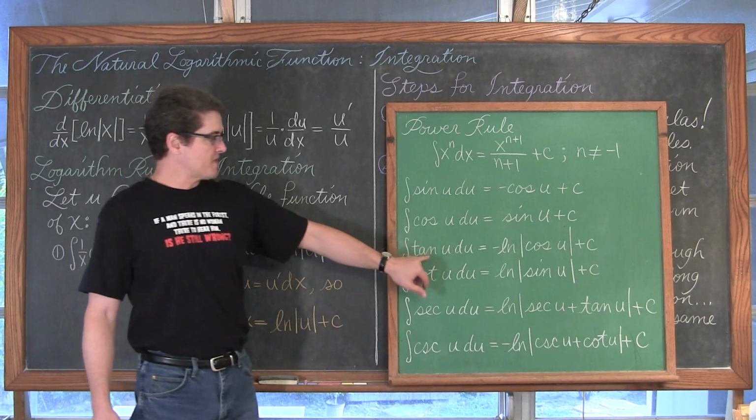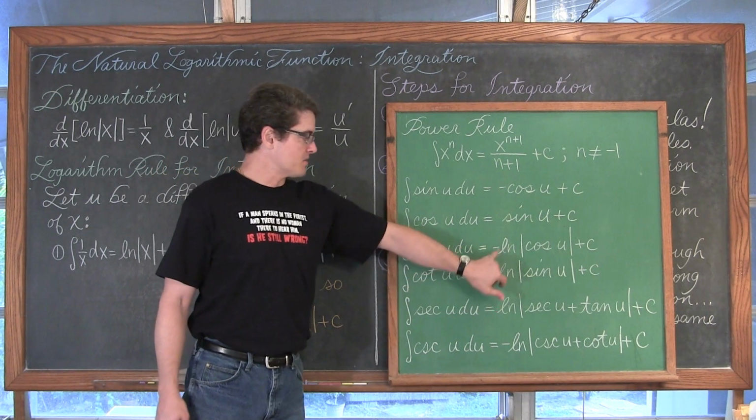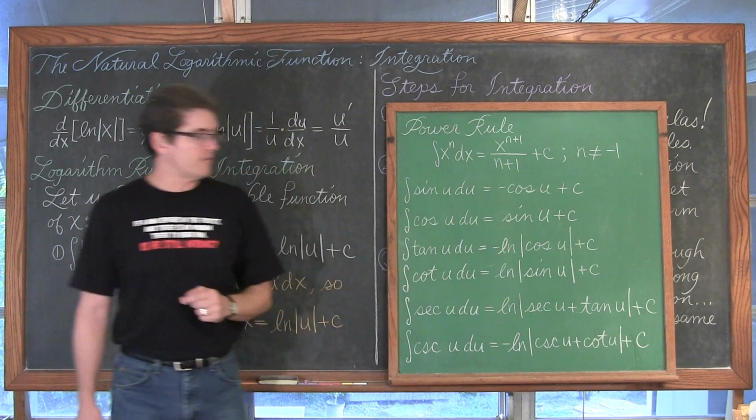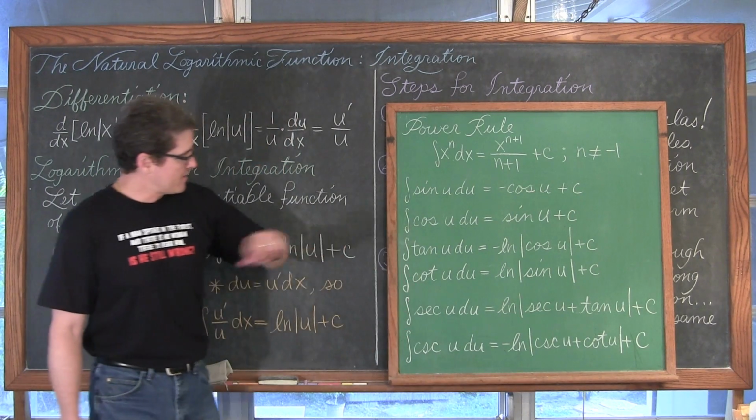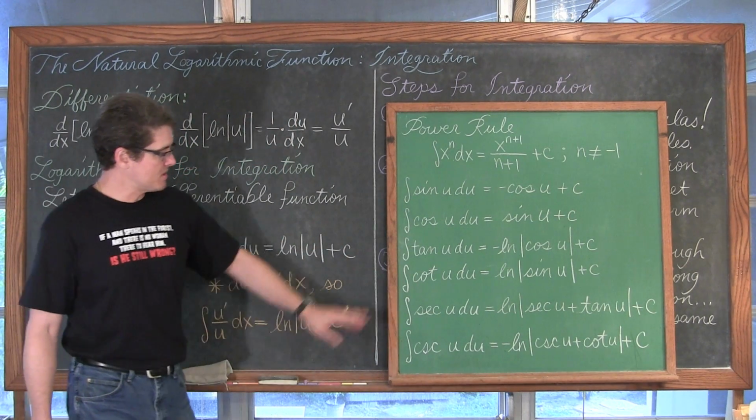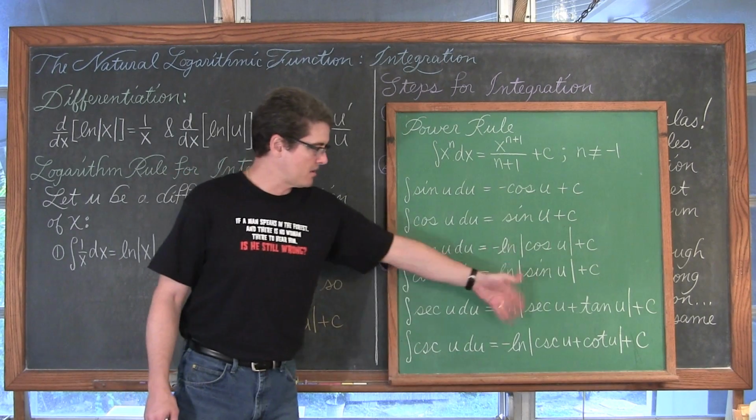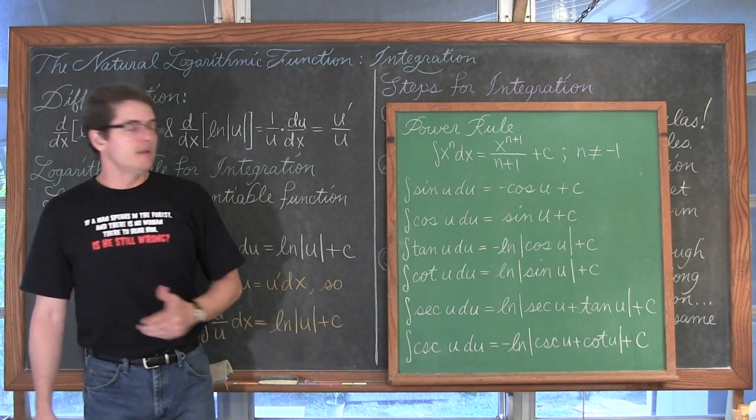The indefinite integral of tangent of u du is equal to negative natural log of the absolute value of cosine of u plus c. We have the indefinite integral for cotangent, secant, and cosecant here as well. I don't want to read all those off to you. Now, these aren't the